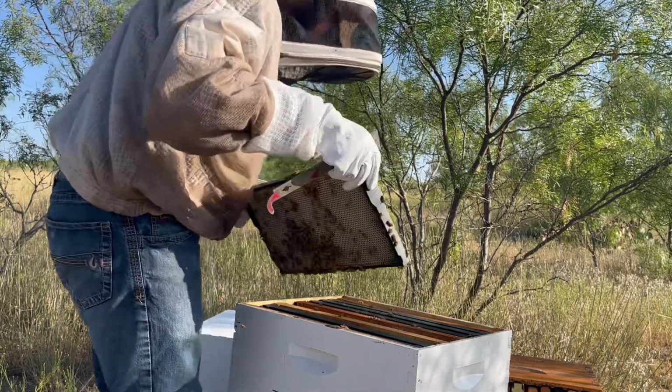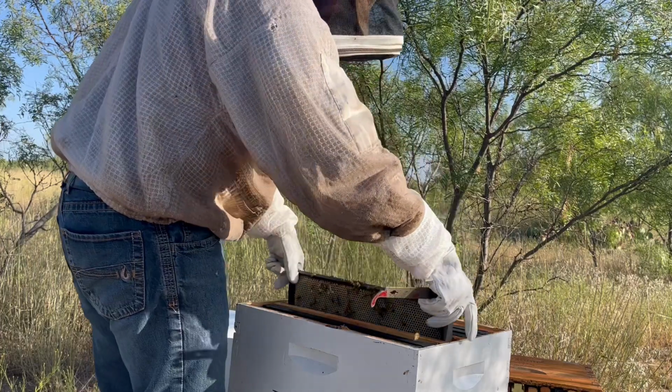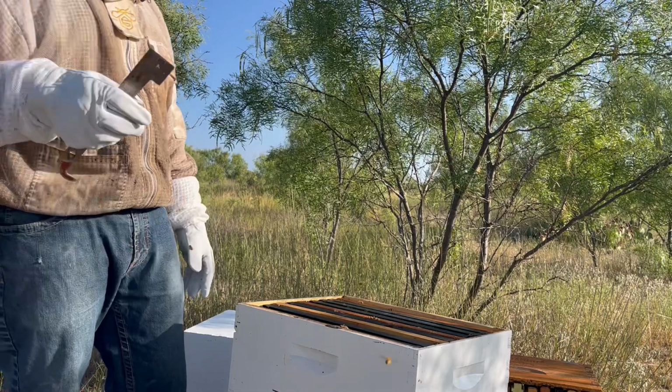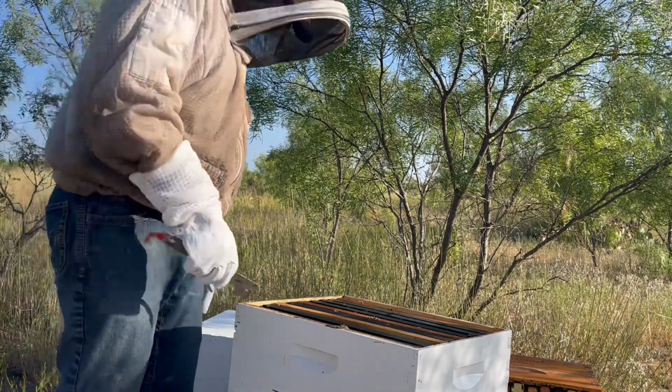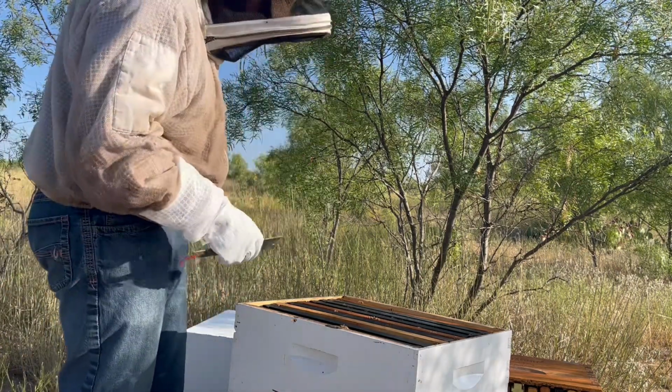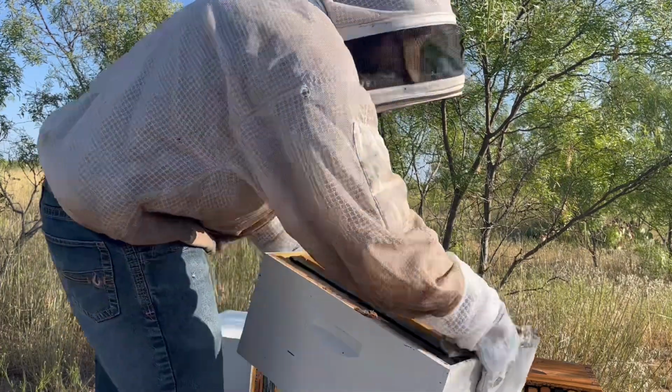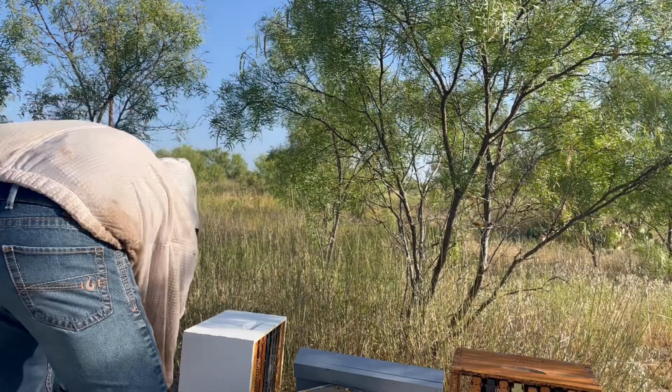Nothing's dripping out, so I'll still pull this, and I would just use a refractometer. If I need to dry it out, I'll dry it out. But normally I do use a fume board, but there's really not that many bees up in these supers, so I'm actually gonna come in here. Y'all probably can't see what I'm doing,